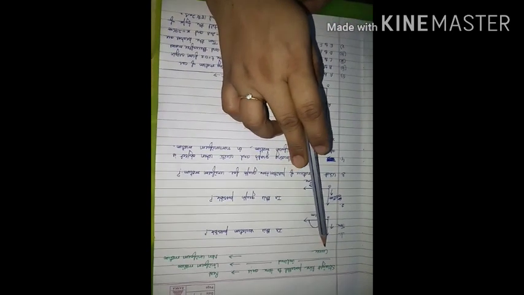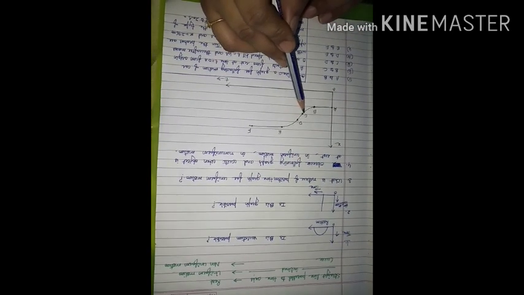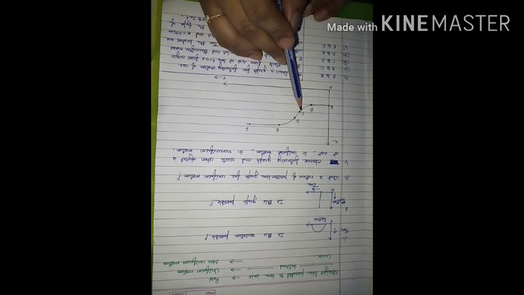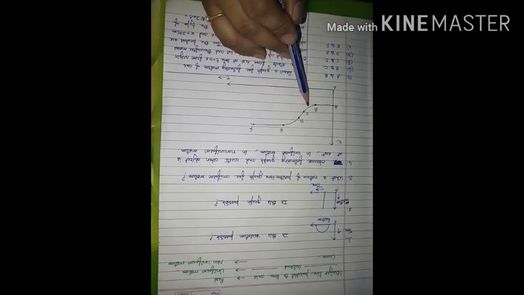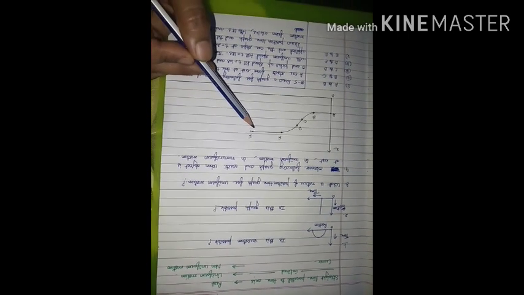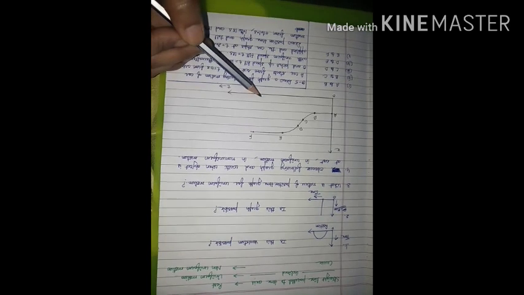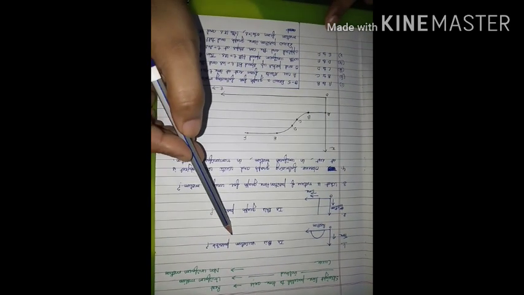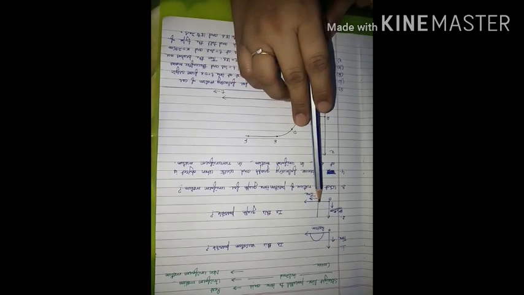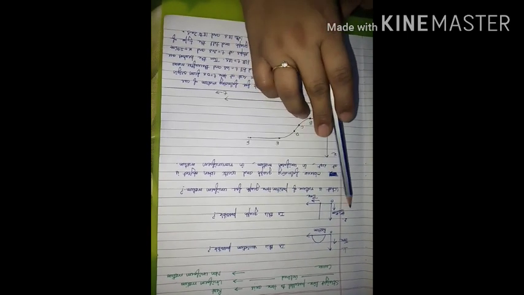If you get a curve like this, then this type of motion will come out to be non-uniform motion. For a straight line, you have to consider whether it is parallel or inclined to the time axis. So in this case, you have to tell whether this type of variation is possible or not. Here also you have to tell whether this graph is possible or not.